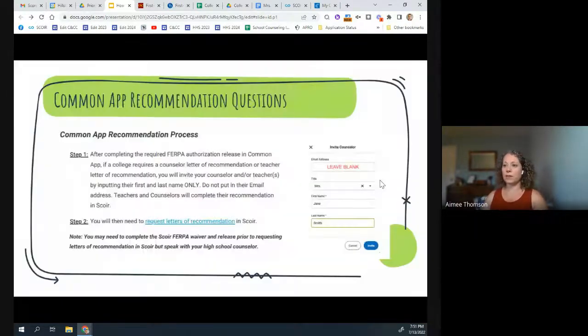We always recommend you waive your rights on the FERPA. When you're working on the Common Application, never put any teacher or counselor's email address in there. That's the sum up of the process. We'll get to the specifics after August 1st, but never put anyone's email in there, because we're not sending anything through the Common App. This is the only bit confusing part of the process, but I'll send things out that walk you through that after August 1st. I don't want to do it now, because we're not touching it until after August 1st.